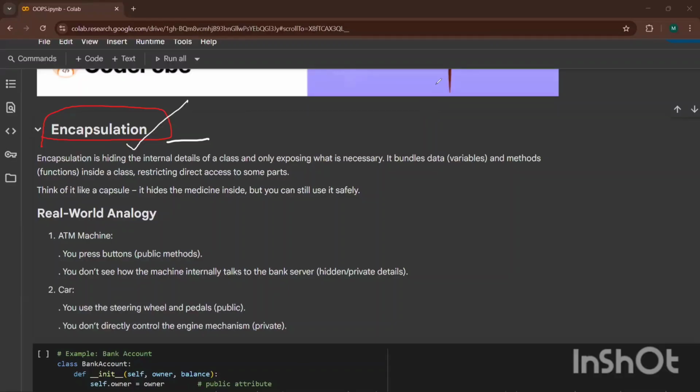Okay, so let's start. Today we are going to learn about encapsulation. Encapsulation, guys, is hiding the internal details of a class and only exposing what is necessary.